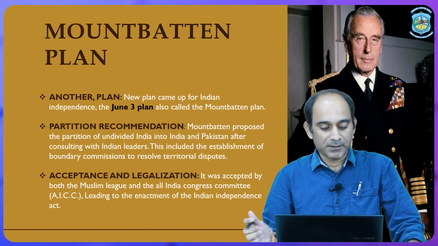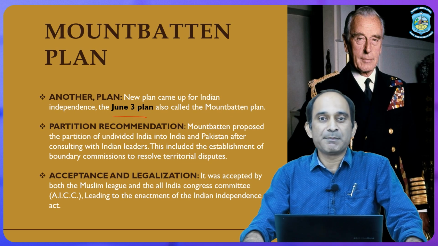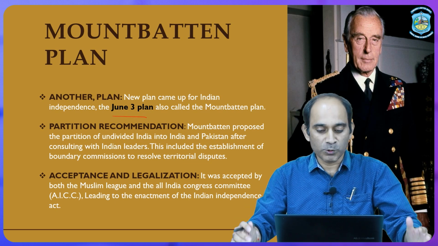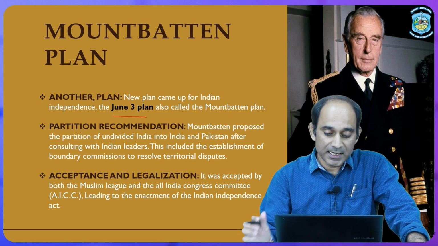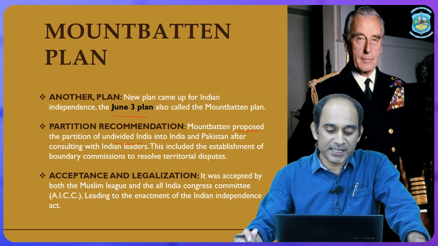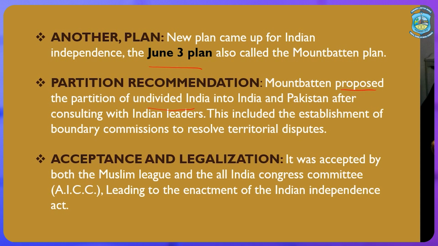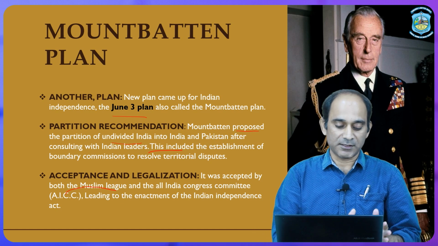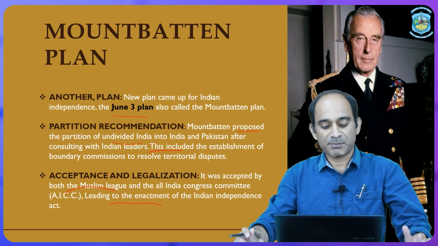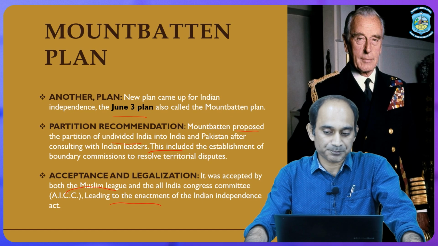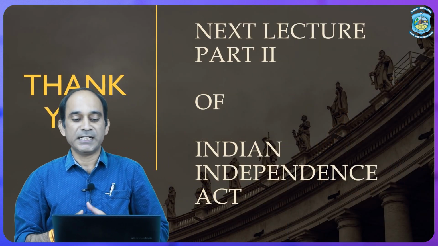This time, Lord Mountbatten came up with the June 3rd Plan, also known as the Mountbatten Plan, in which he proposed the partition of undivided India into India and Pakistan after consulting with Indian leaders. He also proposed to establish a boundary commission to resolve territorial disputes. This plan was accepted by both the Muslim League and the All India Congress Committee. And this is the plan which led to the enactment of the Indian Independence Act in 1947. So this was the background of the Indian Independence Act,